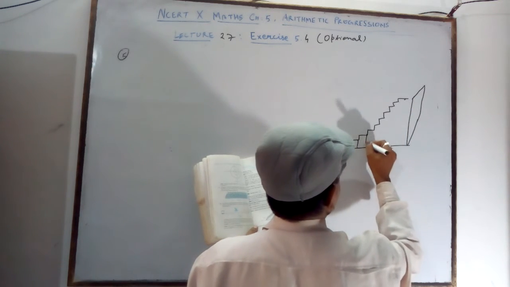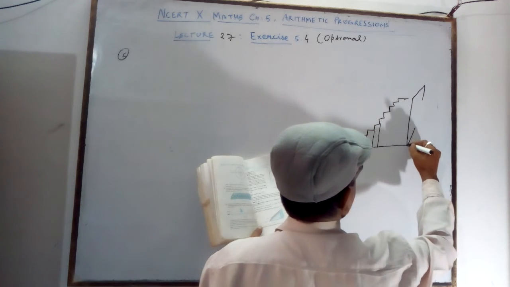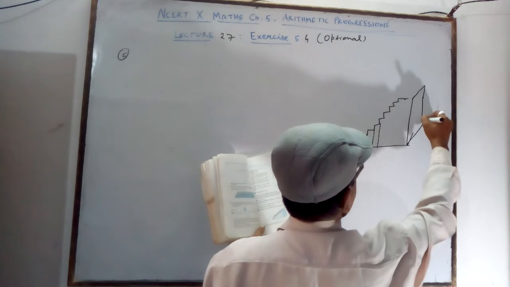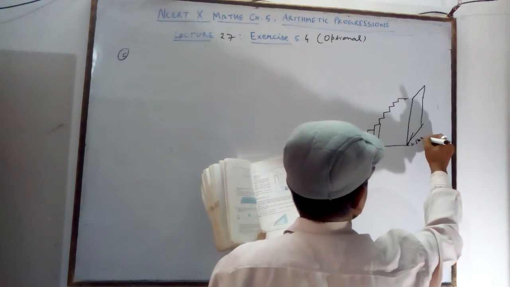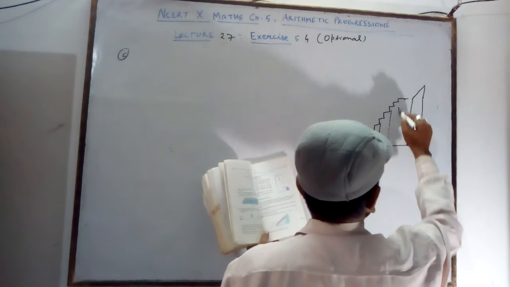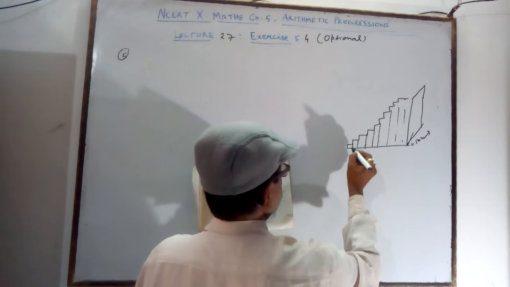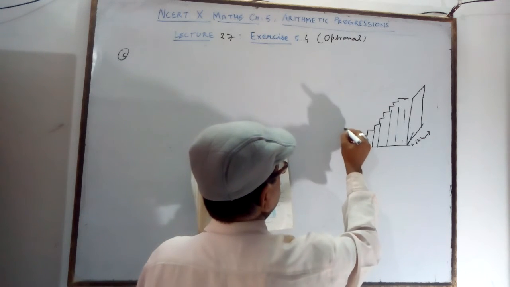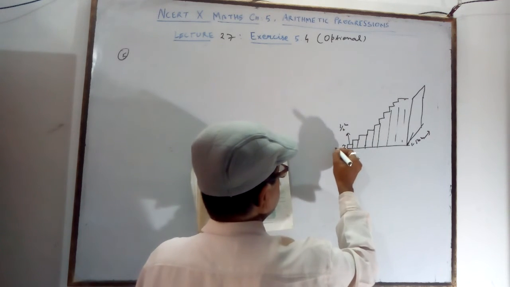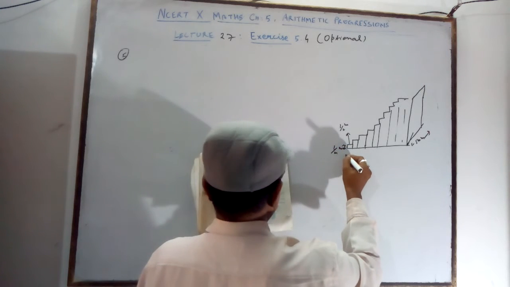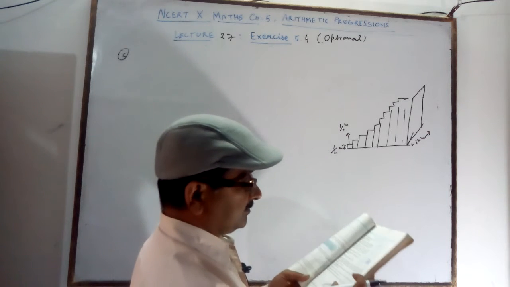What is given? The staircases. What is the length? It is given as 50 meters. 50 meters is the width of this stair, and it is all filled with mortar. Here you are going to make the mortar. The width of each step is given as 1 by 2 meter. The height is given as 1 by 4 meter, and you want to find how many.